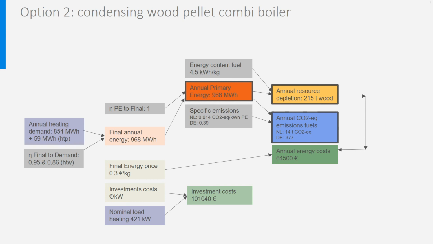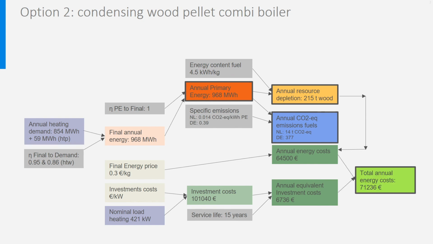Finally, the service life of a boiler is 15 years, so the annual equivalent investment costs are 101,040 divided by 15, which is 6,736 euro, by which the total energy costs amount to